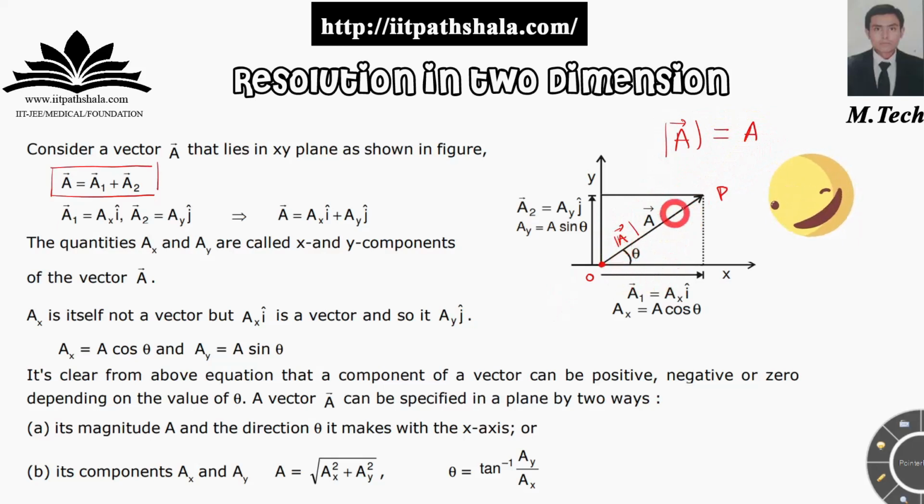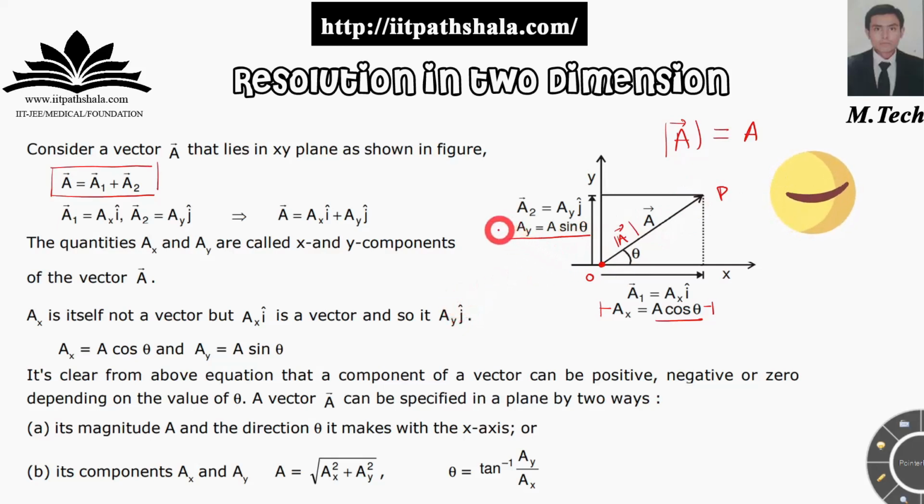Now I have to represent this line over this x line by trigonometry. I can find out this length over here. It will be nothing but a cos theta. Now you can find out the length of OY also, with this vector, with this line OP, by using trigonometry. It will come out to be a sin theta.